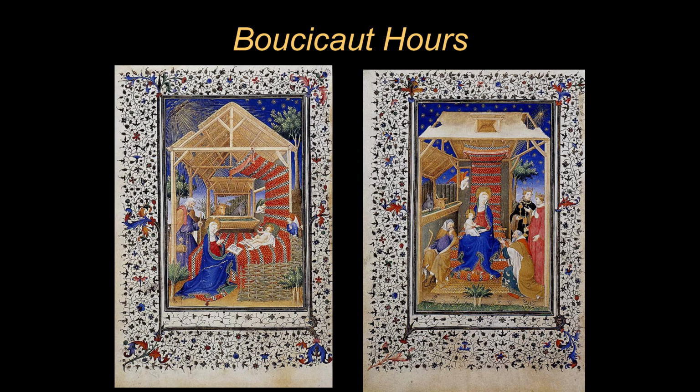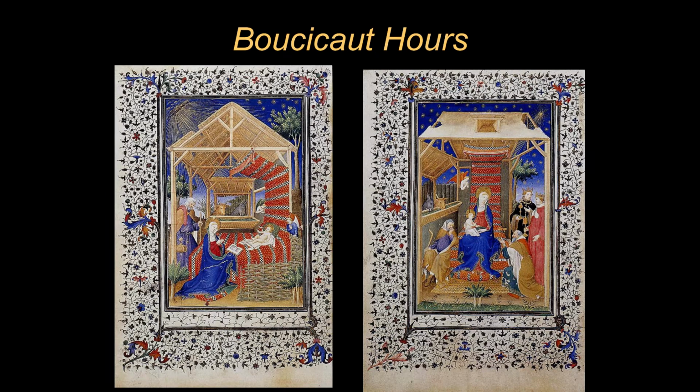Well, let's look at the page showing the Adoration of the Magi. And you'll notice that it's the same shed, only we're looking at it from a different point of view. Now we're looking at it not at the gable end, but at the side, where you see the slope of the roof. You can see it's in kind of bad condition in places. We see the ox and the ass now enjoying their meal in the little shed on the side, the little projection, and they're on the side.